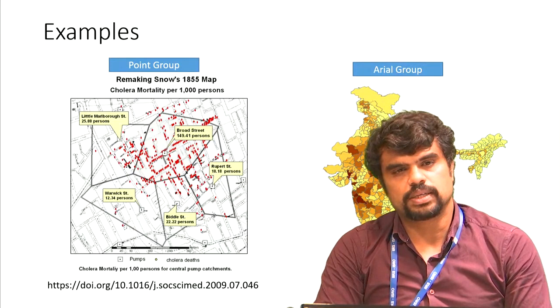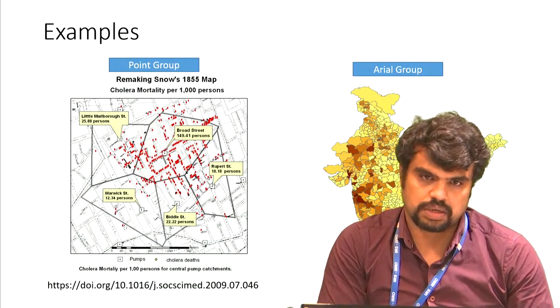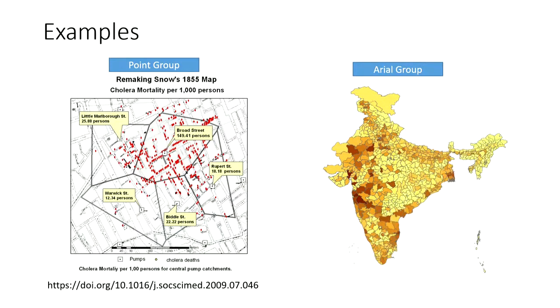So let's understand what exactly the clustering processes are. Before going into that, let's have this example of two data sets. One is a point data source. This is Snow's map. It's basically cholera data